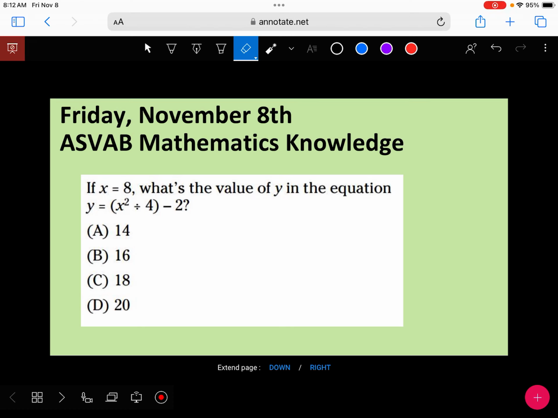So it says if x equals 8, what's the value of y in the equation? Y equals (x squared divided by 4) minus 2. So what number are we putting where we see the x? What does it say x equals? 8. So what you're going to do